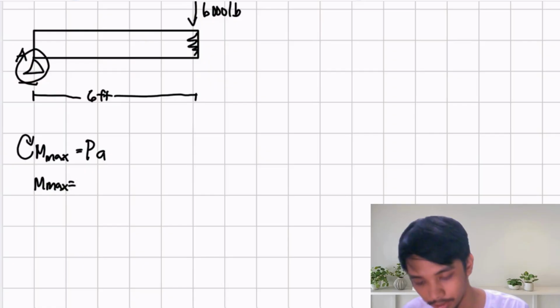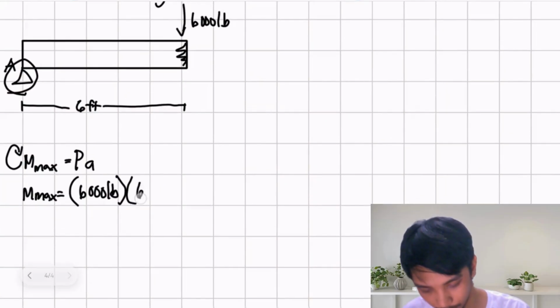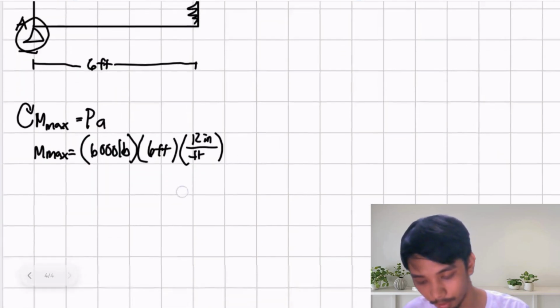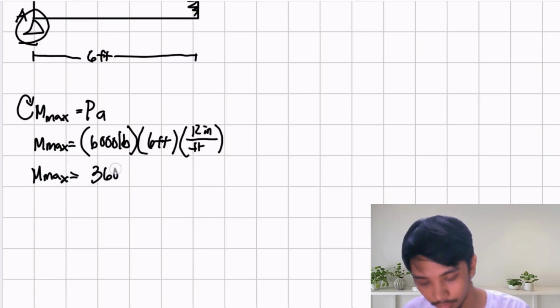So M max is equal to 6,000 pounds times 6 feet, or you can convert it into inches, 12 inches to a foot. The value of M max is equal to 36,000 pound-feet,